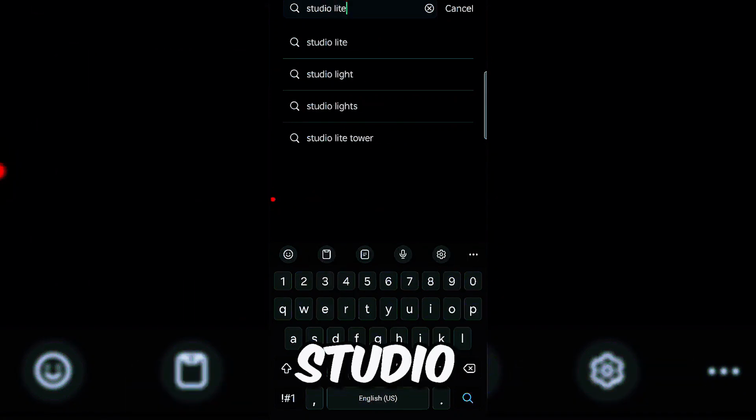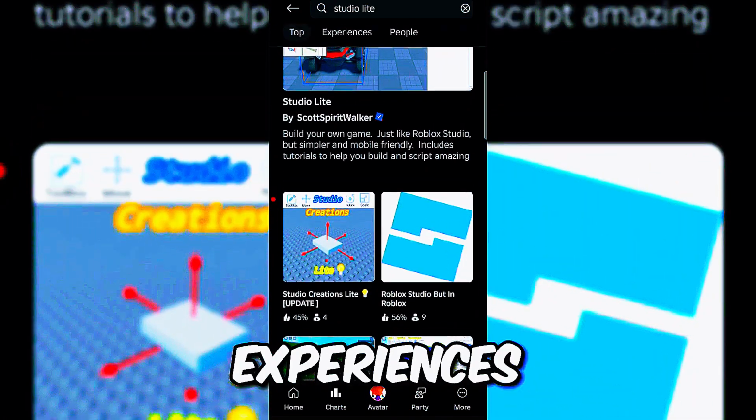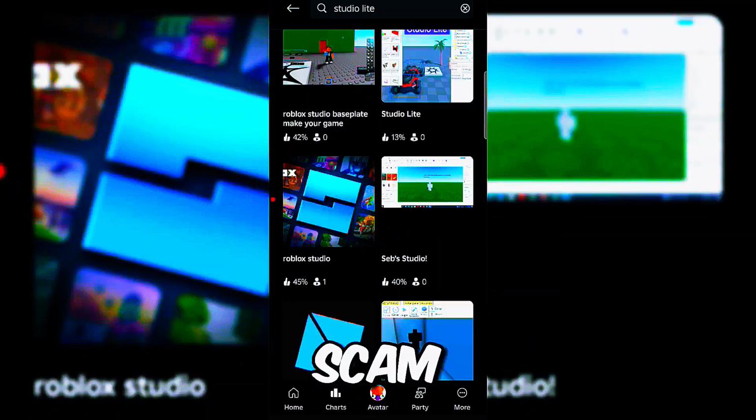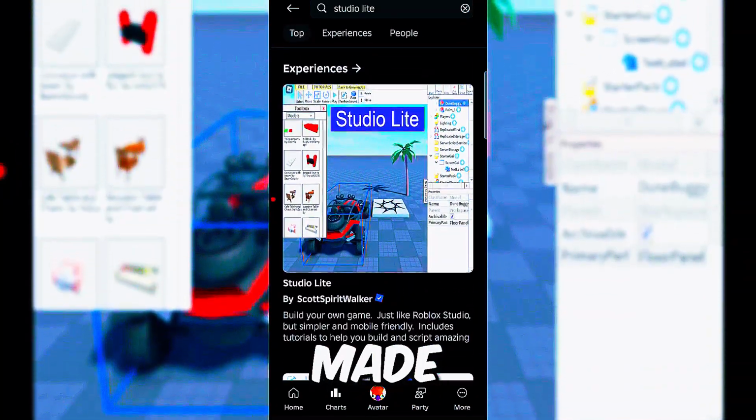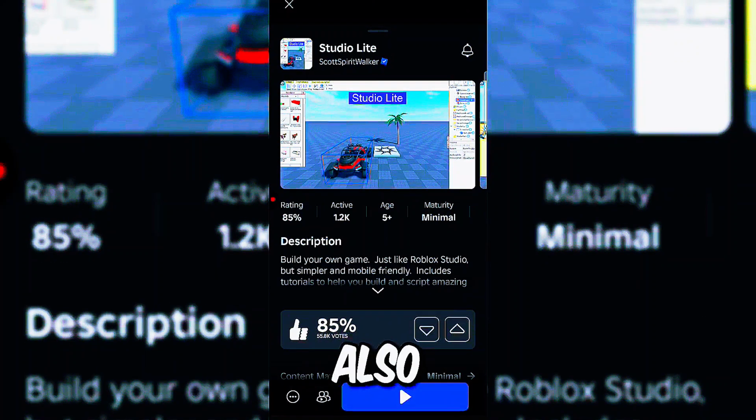STUDIOLITE is going to spell Studio Light. Make sure you search for that, and don't click on any other scam experiences that have barely any players. These are all scam games, but this is the first one made by Scott. Click on it, and it's going to have around 1,000 players, and it's also going to have a maturity label of minimal,